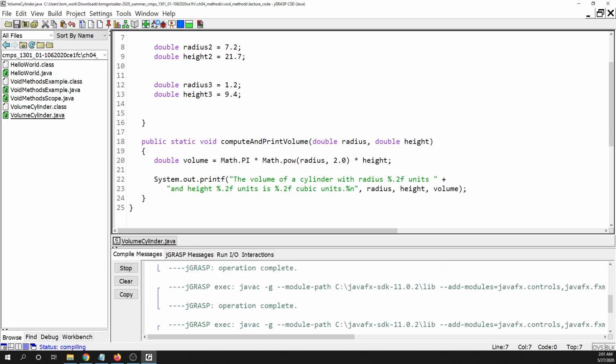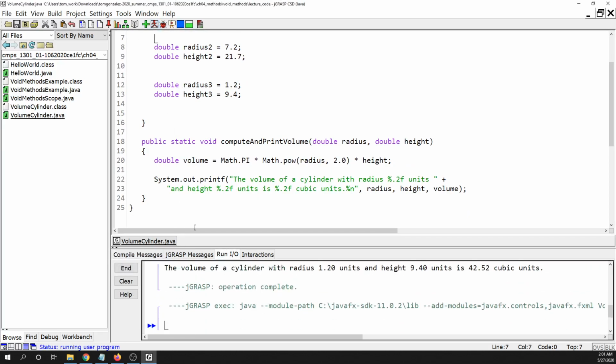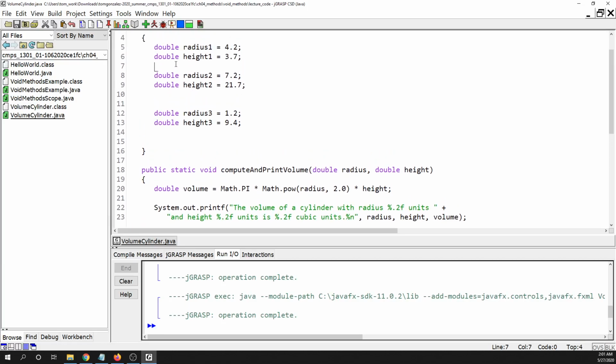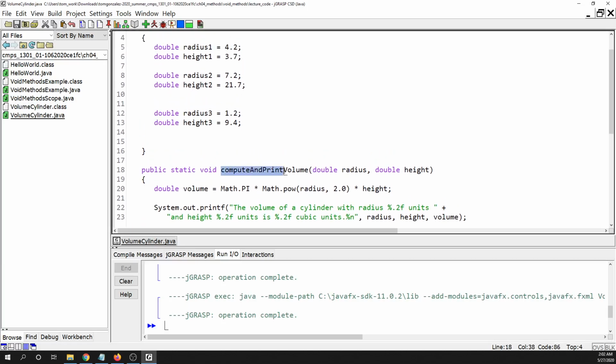Remember, when you add a method into your program, that doesn't mean that it's automatically executed. You can see when I run it now, I get no output at all. That's because I moved the calculation and printing part into a method. And so now in order to use that method, I must give a method call. So how do you call a method? Well, first off, you put the method's name. So I'm going to put here computeAndPrintVolume, and then open and close parentheses and a semicolon at